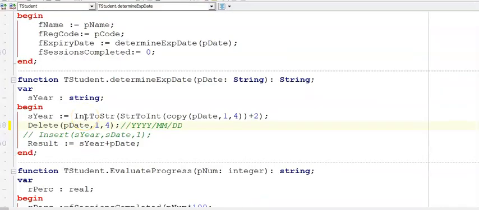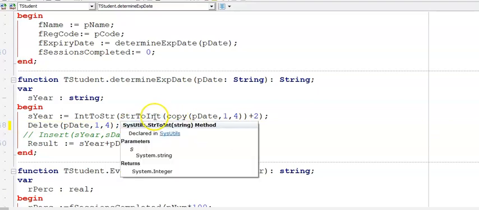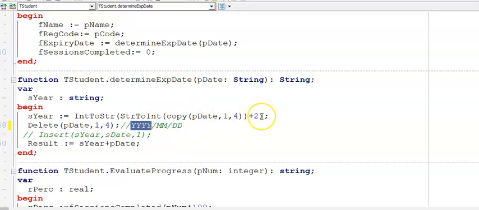They told us in the description of the class that this would be the format of our date. And what we need to do is add 2 to this year, but keeping the rest the same. So I'm going to use the parameter that I received. I'm going to copy out the first 4 characters using copy. That means I'm copying out those 4 characters. I need to make it an integer so that I can then add 2 to it. And that answer now needs to be converted back into a string so that I'm able to add it back